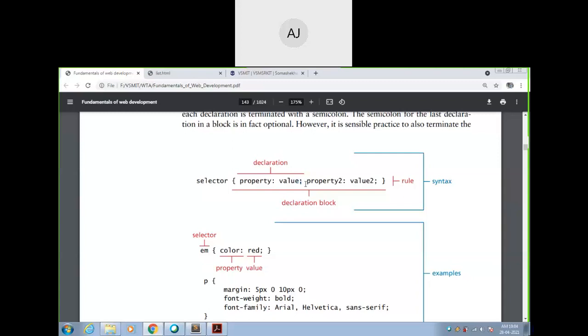Is it okay? So again I can define property 2, value 2 and its semicolon. For example, you take h1 as a selector which has font size 12 points, font color say blue. Those are the two properties I can give for one particular HTML tag. Is it okay guys?